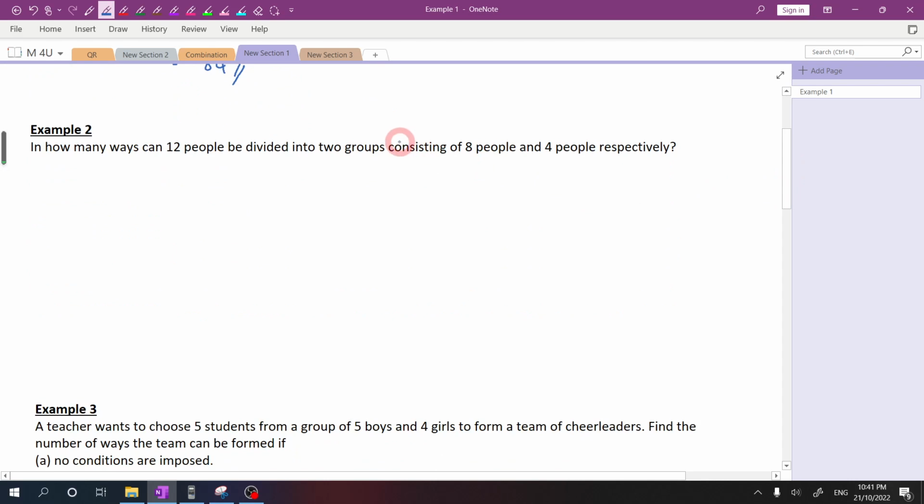Now let's look at example number 2. In how many ways can 12 people be divided into 2 groups consisting of 8 people and 4 people respectively? So in total we have 12 people. We want to divide them into 2 groups, which is 8 people, and the second group is 4 people. Okay, number of ways. First group, 8 people. So from 12 people, we want to choose 8 from them. So it will be